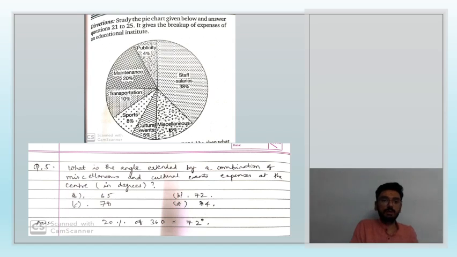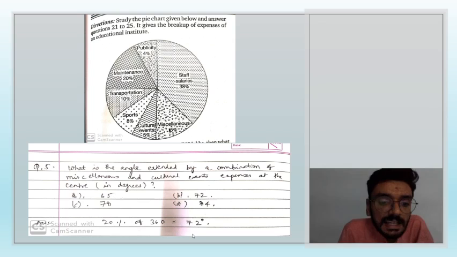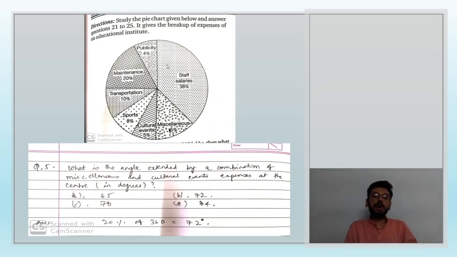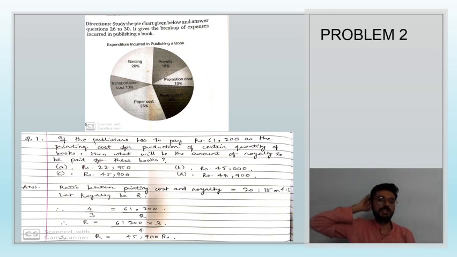So this amounts to, from here to here, you can see the cursor, 20%. Now we have to find 20% of this whole circle, that is 20% of 360, that comes out to be 72. All right. I guess all the 5 questions in this pie chart you were able to solve and comprehend properly. We'll move on to the second kind of problem that can come in the pie chart.